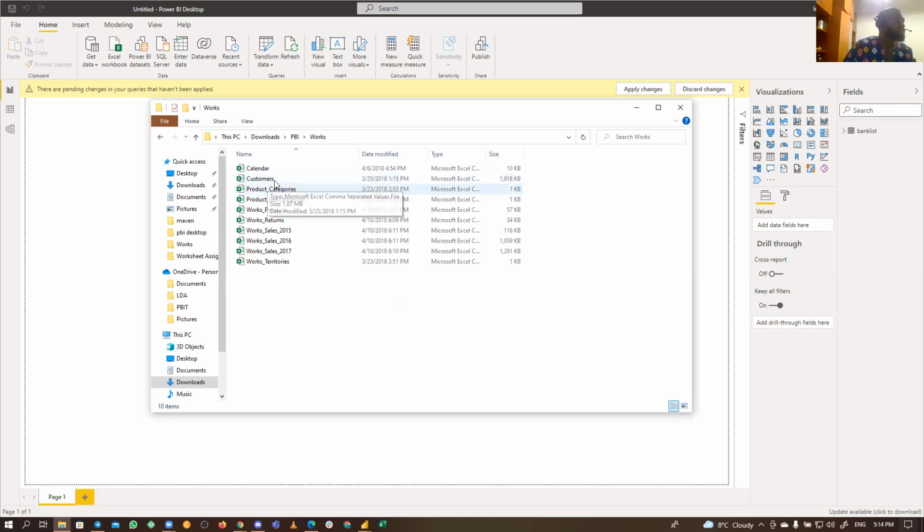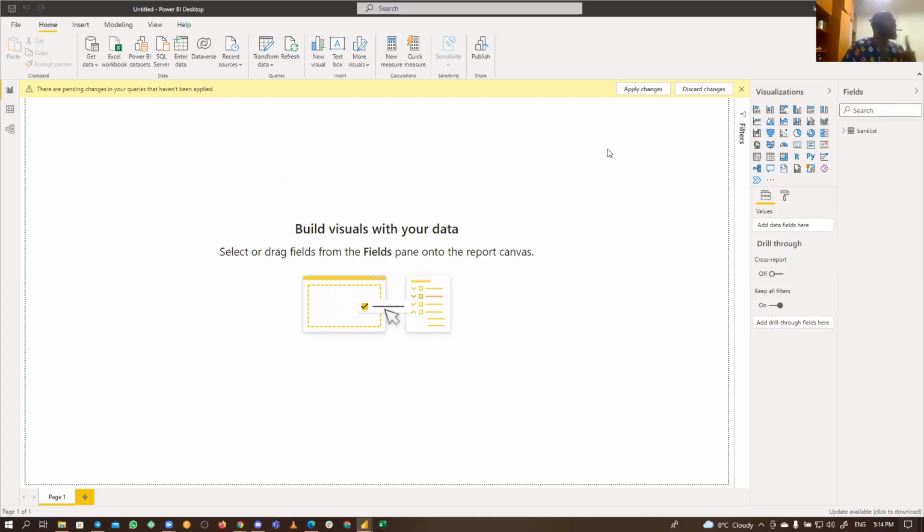Then we want to bring in this customer listing. So I will need a volunteer to import this for us. I'll stop sharing the screen and the person can take over. Someone should bring that customer data inside of Power BI for us to see. Anyone who volunteers? Anyone? Okay, sir, please share your screen.